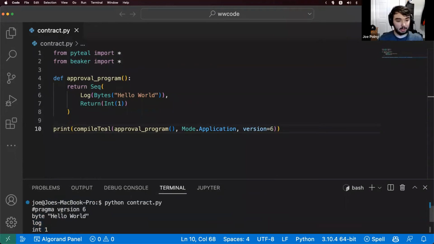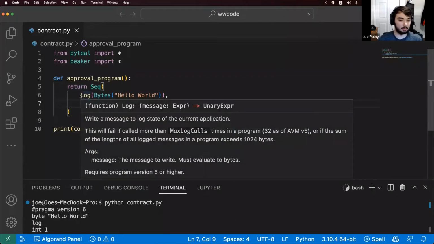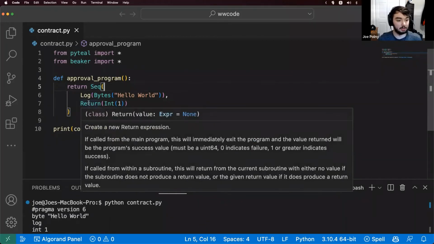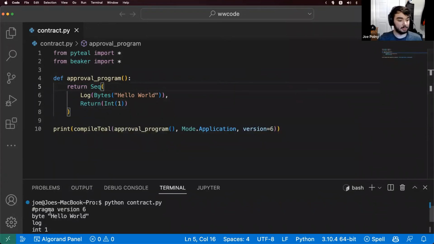So to recap, in PyTeal in general, you work with what are called expressions in every function, such as log, bytes, int, return. These all return expressions in PyTeal. And compile Teal basically reads in those expressions and converts them to Teal. And the sequence is essentially a way to define a sequence of multiple expressions. In our case, this log expression followed by this return expression, and then ultimately compile it down to this assembly-like